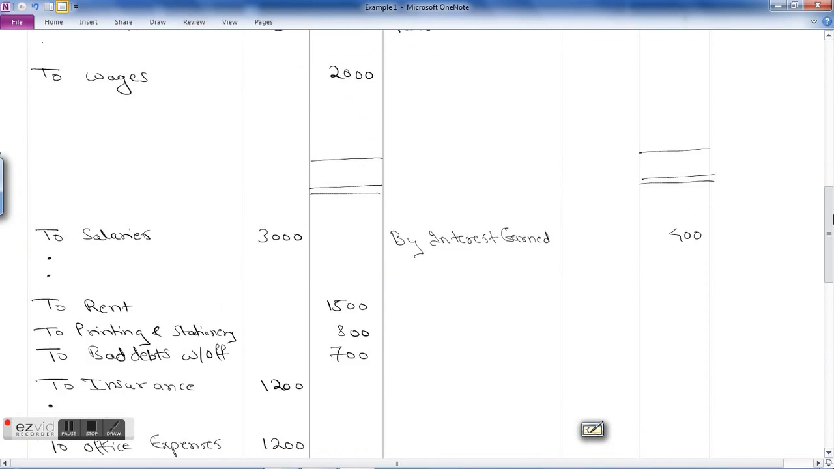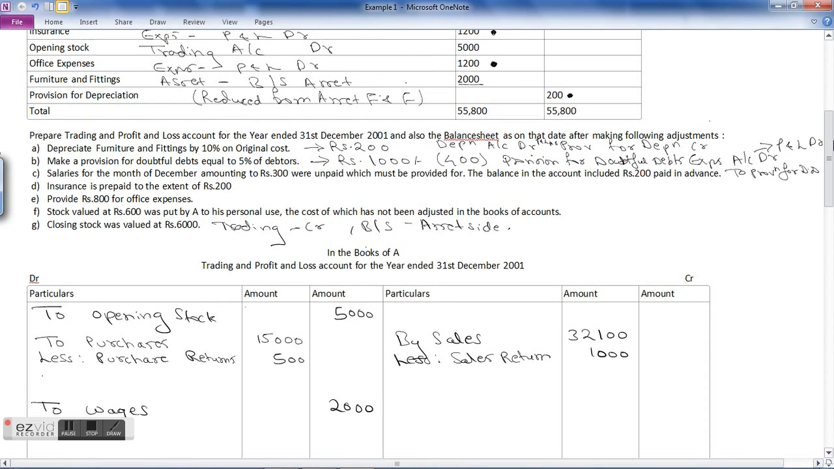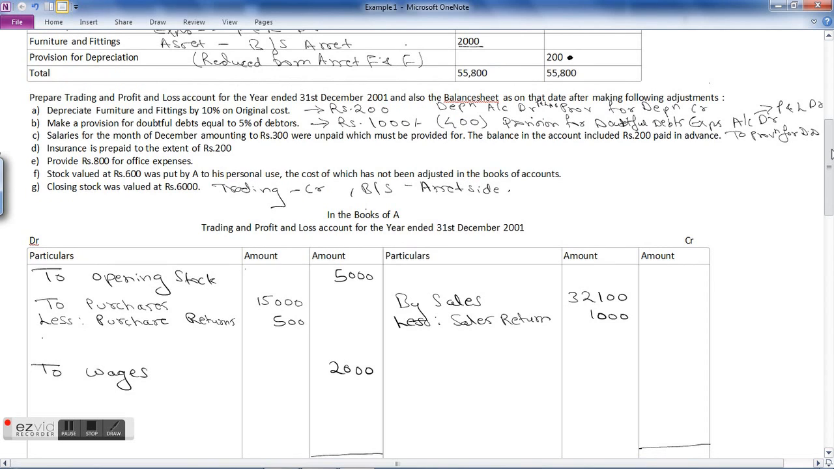So now the next entry. Salaries for the month of December amounting to 300 were unpaid and must be provided for. The balance in the account included rupees 200 paid in advance. So now there are two adjustments for salaries. Salaries for the month of December amounting to 300 were unpaid. So there is some outstanding salary for the month of December that is not paid. So the entry for the unpaid salary will be,